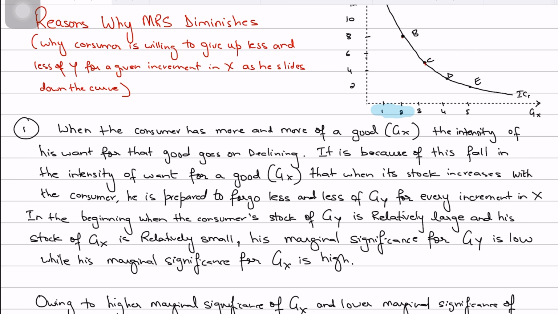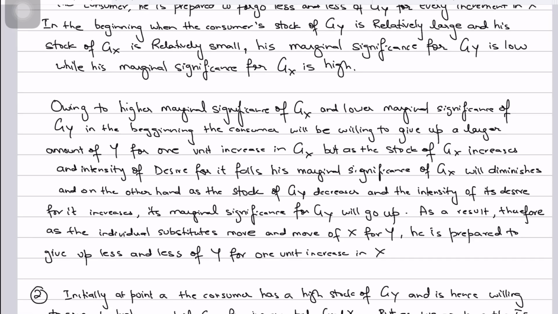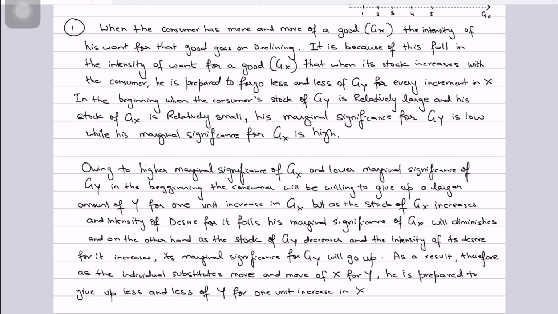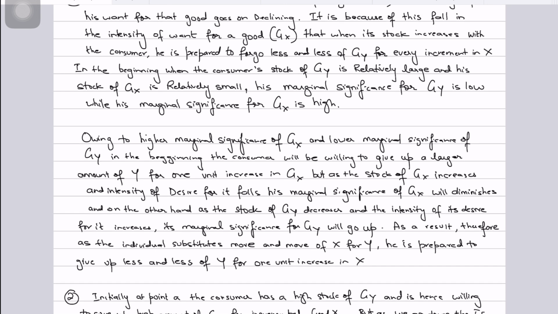बट अब जब X के ज़्यादा यूनिट्स आ जाते हैं और Y के कम बच जाएंगे, तो he is obviously willing to forgo less units of Y for an incremental X now. And it is because of this higher marginal significance of good X and a lower marginal significance of good Y in the beginning, since the marginal significance of good Y is less while the marginal significance of good X is very high because X is scarce initially, the consumer is willing to give up larger quantities of Y for each unit of X. वही बात लिखी है,